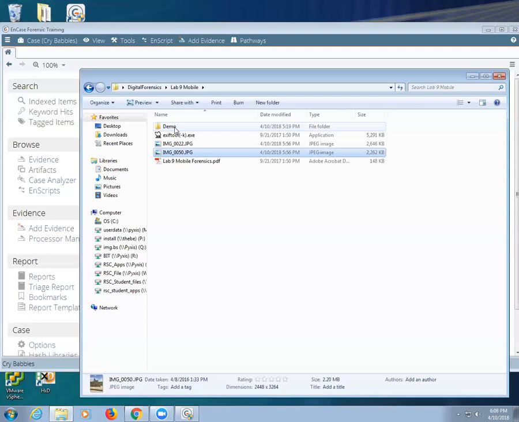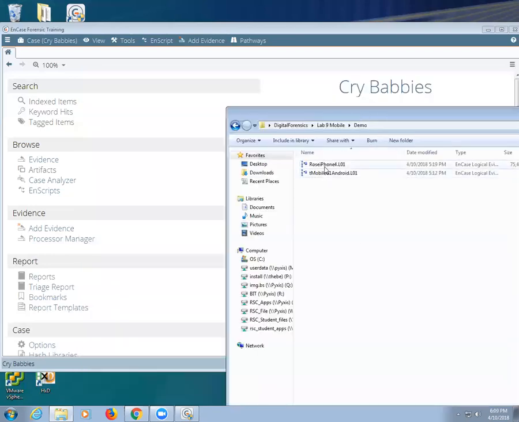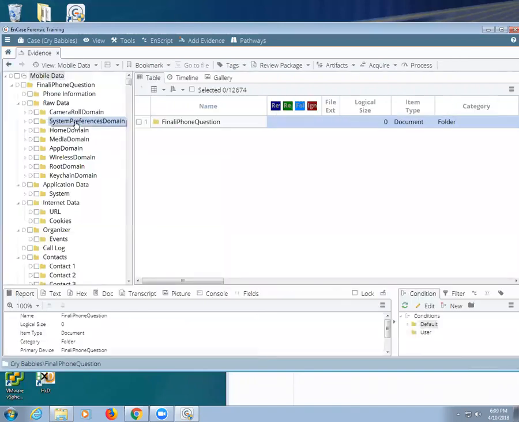So a lot of students will do this and they'll want to make an image of their phone, and it could be in a totally different place because it's now around iOS 11, so it's totally different. Okay. So now what we're going to do, I'm not using the actual data. I'm going to take the iPhone 4 that we were looking at some pictures of. These are logical evidence files. So I'm just going to drop it on here and it'll appear. Now I'm going to go on here, and this one should already be processed, I think.